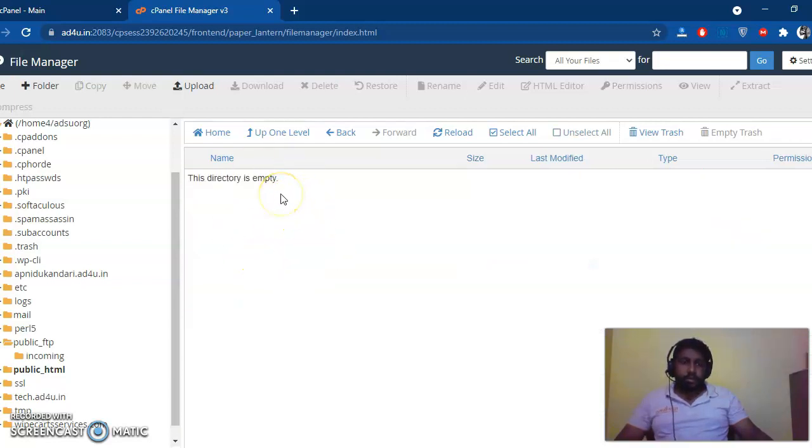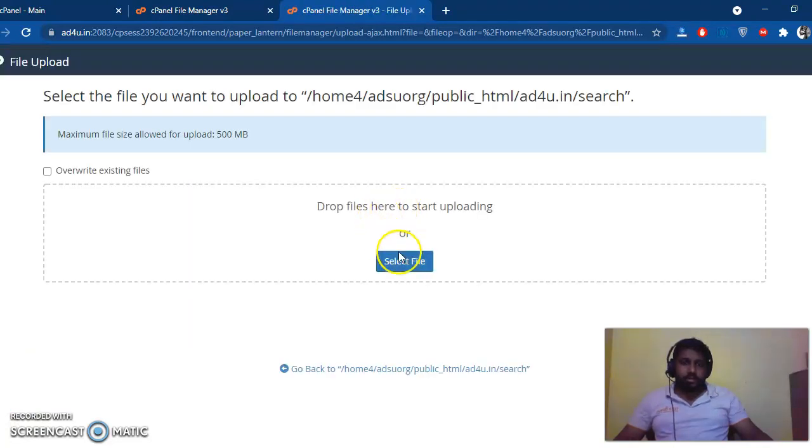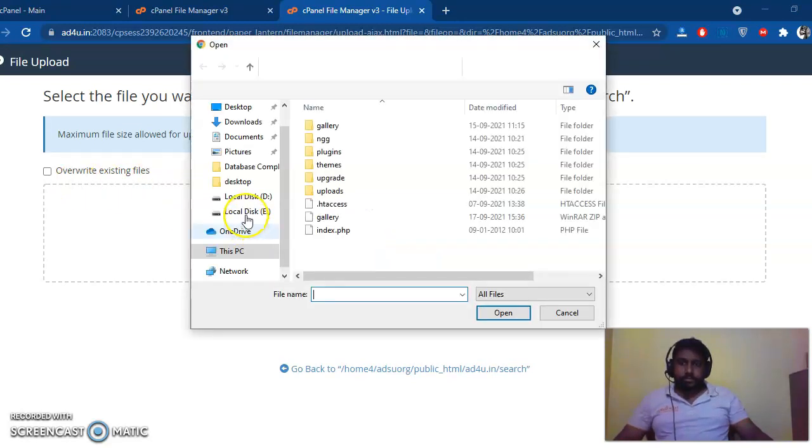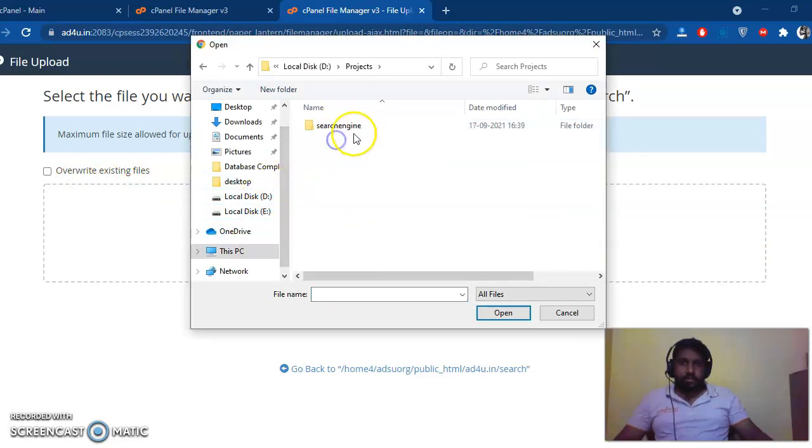So here we need to dump our PHP search engine files. Don't worry, I'll provide you the download link in the description. You can download it for test purposes. So here is the search engine project.